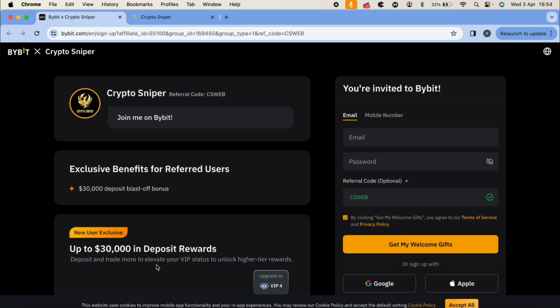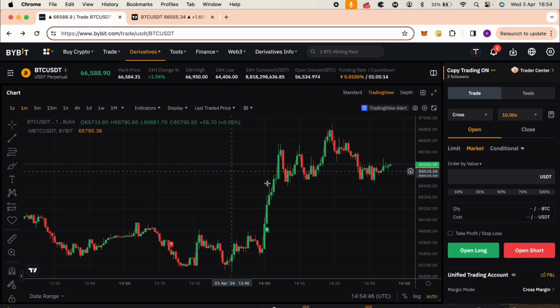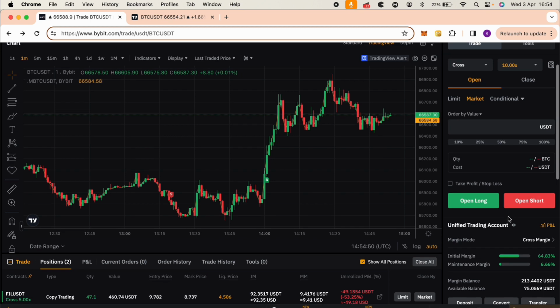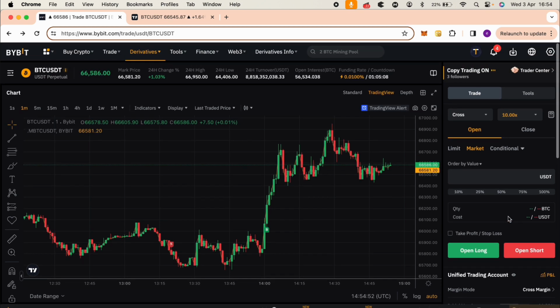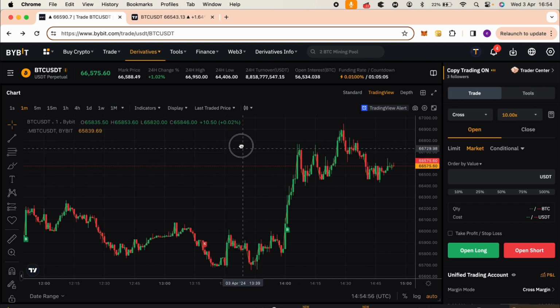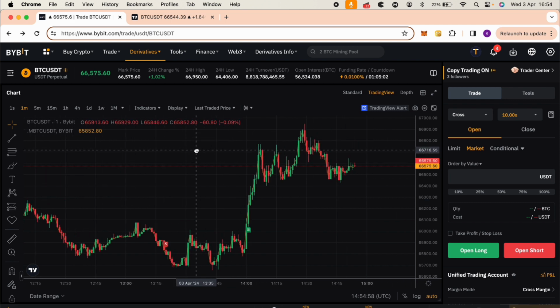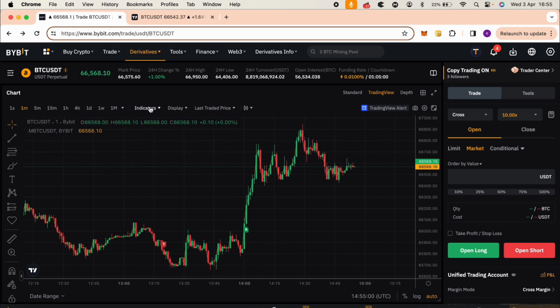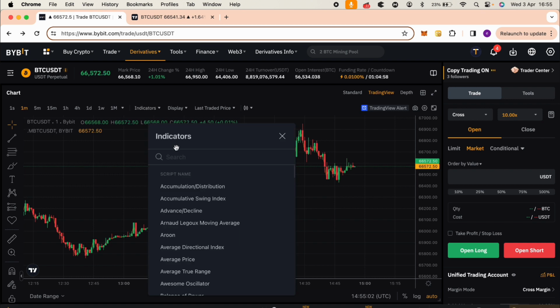After you subscribe to Bybit, you will see a panel like this. This is the chart. This is the panel where you will be able to place our orders and also see our indicator. So let's start to add the first indicator, that is called